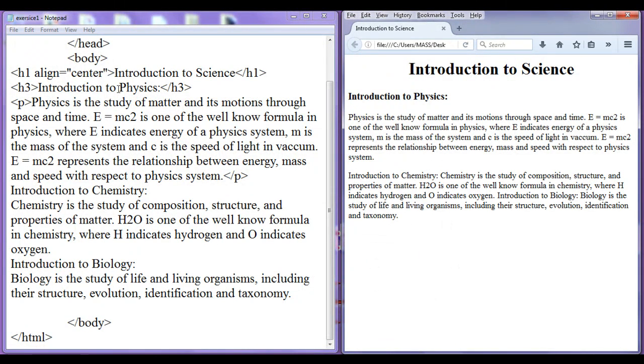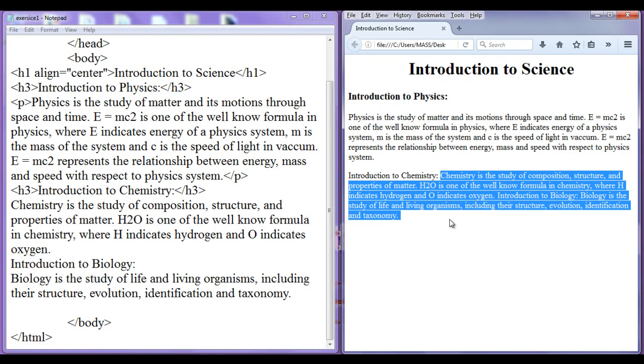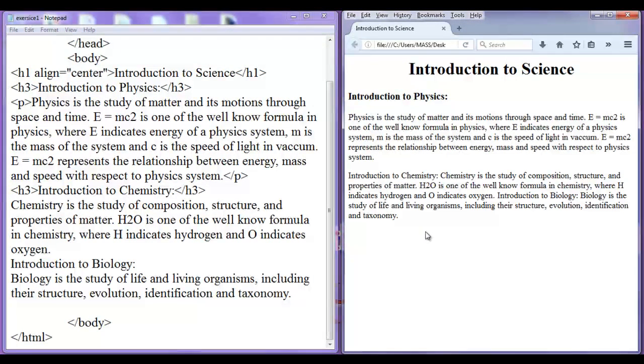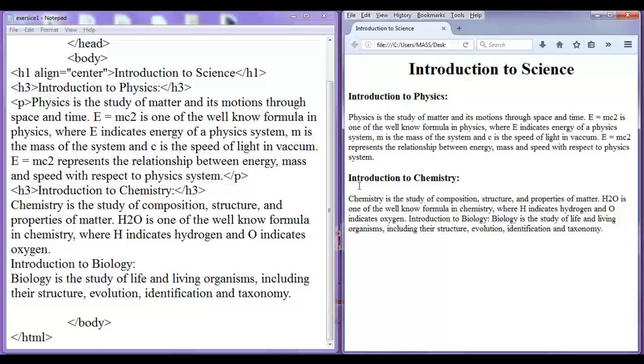Now what I have to do is apply the H3 tag to introduction to chemistry, because it should be at the same level as introduction to physics. So I add an opening H3 tag, and after the chemistry colon I close the H3 tag. We know that the H3 tag is a block level tag, so whatever content we have after the introduction to chemistry colon is going to be moved to the next line. File, save, go to browser, refresh. You can see that I got the introduction to chemistry on the next line,